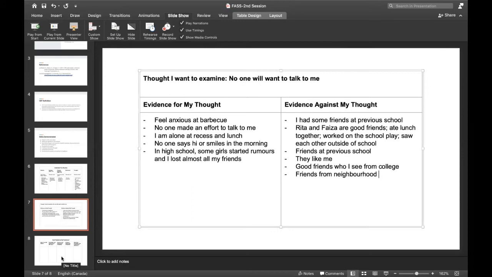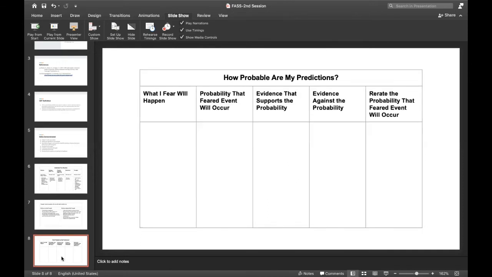That's great. I want to show you a worksheet that I think would also help determine how probable your predictions for the barbecue actually are. Would you be up for trying it? Yeah, that's okay. Okay, so this is the sheet. And can you maybe list some things that you're afraid will happen? Yeah, okay. I guess when I get there, everyone will be talking to each other and no one will say hi to me.